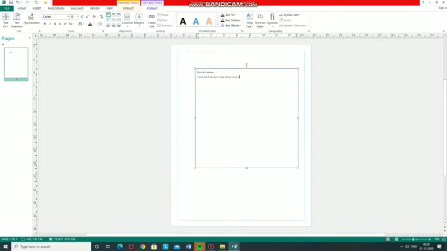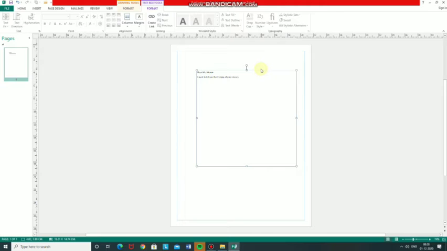I am only typing the first line. You have to type the whole paragraph. Then, notice that on selecting the text box, two additional tabs appear on the ribbon. This is Drawing Tools and Text Tools with their respective format tabs.